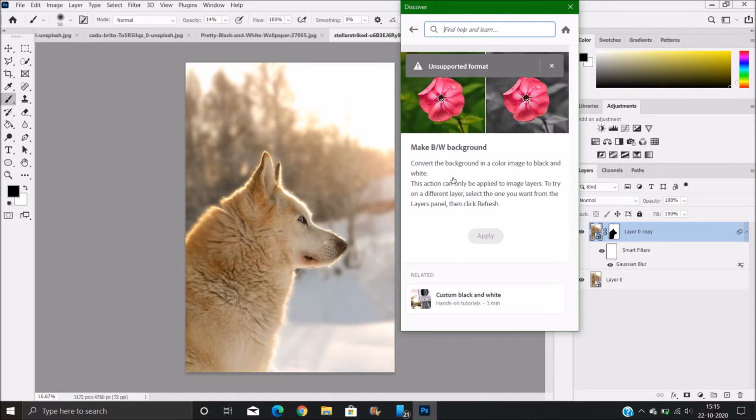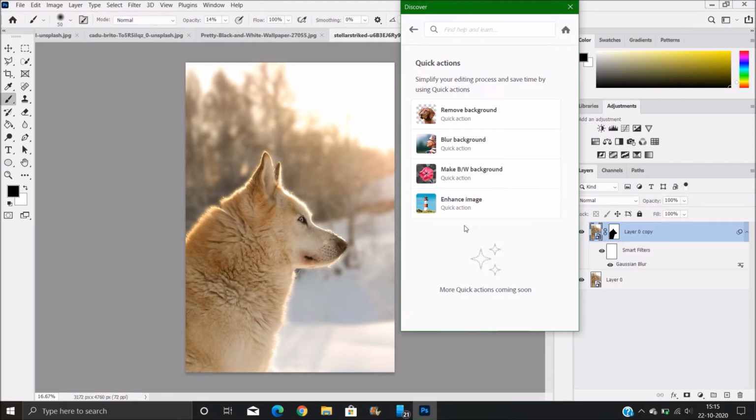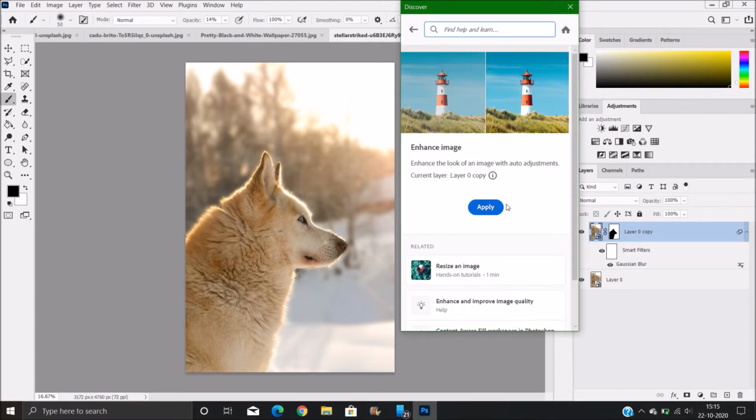Now next one is make. So I have taken the picture which is not supported for this feature. So the last one is enhance image. From here you can enhance the image like this.